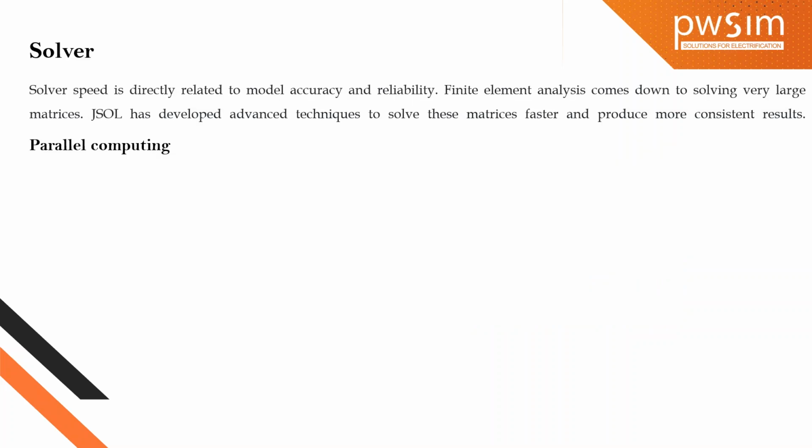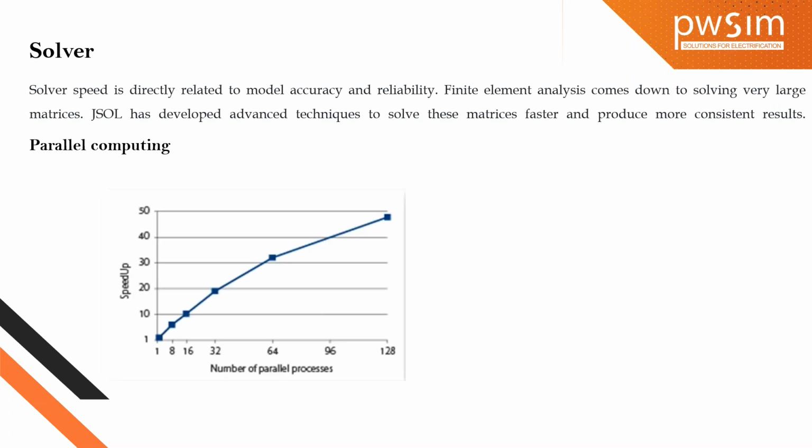So let me talk about the solver. The solver is directly related to the model accuracy and reliability. Basically, finite element analysis comes down to solving very large matrices. JSOL developed advanced techniques to solve these matrices faster and produce more consistent results. For example, we have parallel computing options. If you see this graph, it shows the number of parallel processes against speed on the y-axis. This is just an example of this